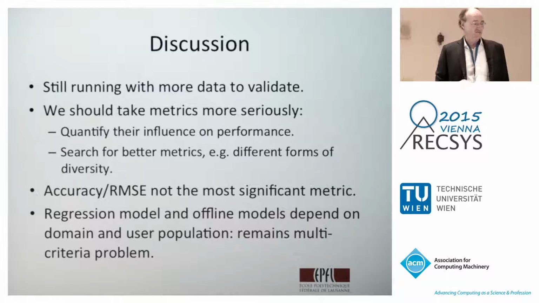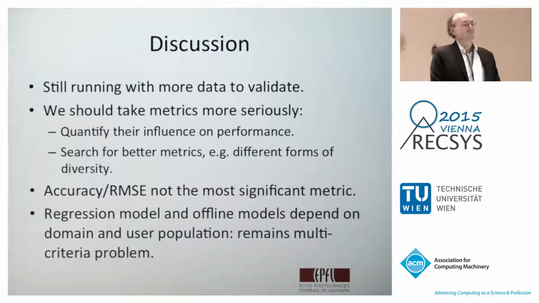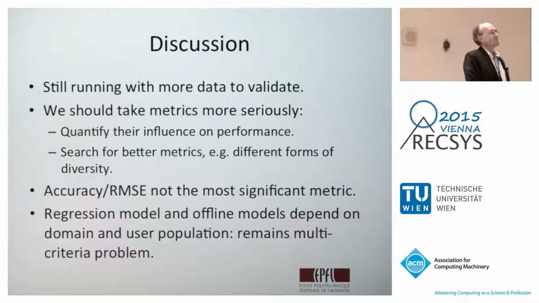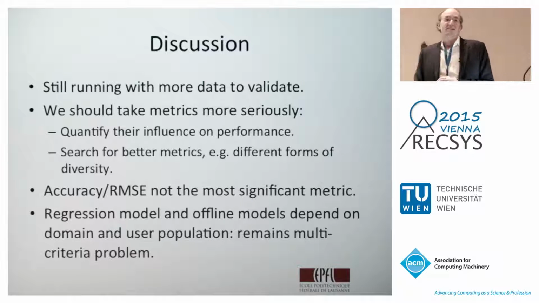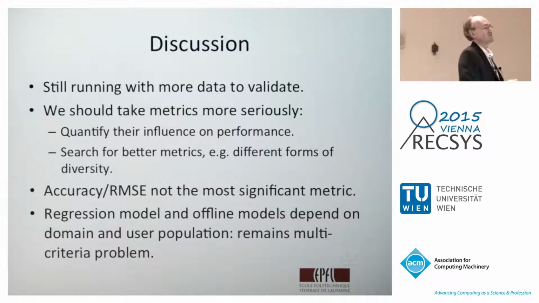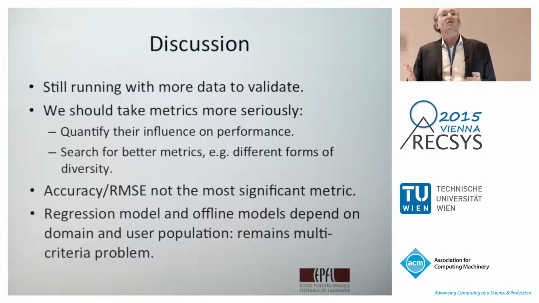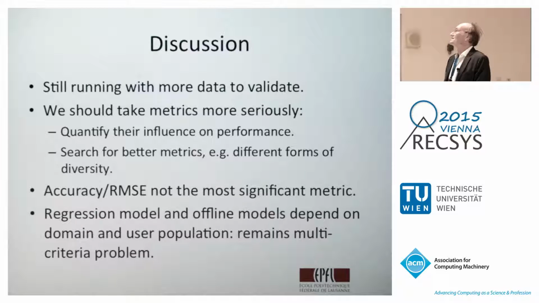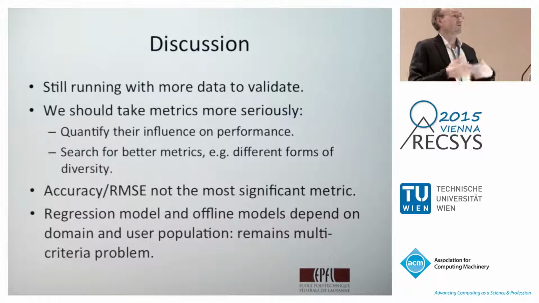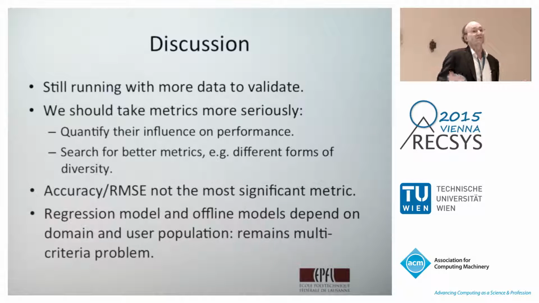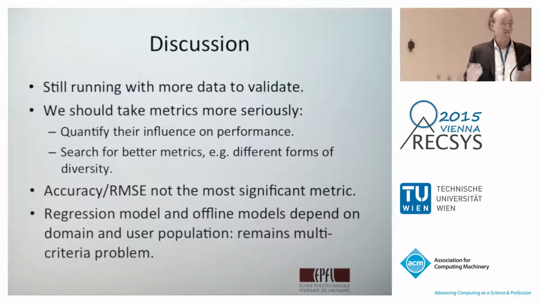As a lesson, I think we should take these metrics more seriously. When I've seen the papers here in this conference, with very few exceptions, people simply focus on accuracy in various forms, maybe also just RMSE of rating prediction. And in this case, this is not even the most relevant criterion. So we should think more about what are actually metrics that influence click-through rate or influence the real-life performance of our recommender, that influence maybe the business metrics that we have.